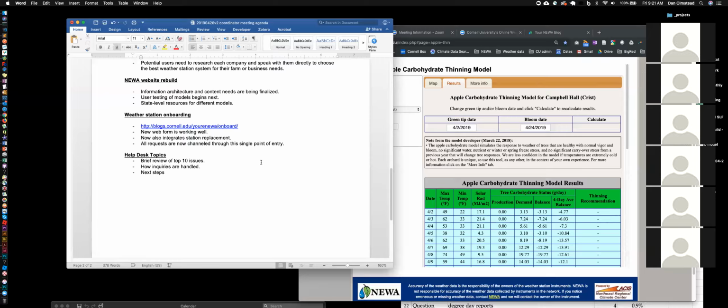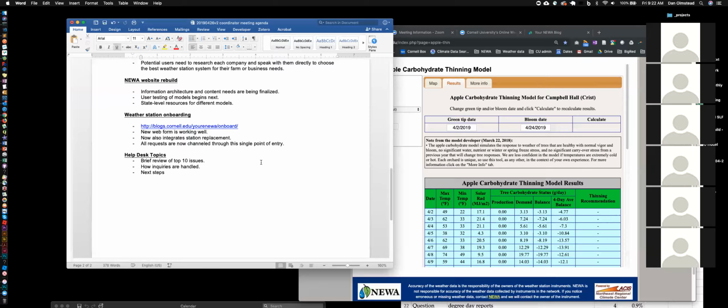For weather station onboarding, at this point, I have combined all of the different forms. They used to be paper forms. You filled out the form, and you would send the PDF or the Word document to me or to maybe Nicole Mattoon or Julie in the past. Everything is combined into this single access point now.